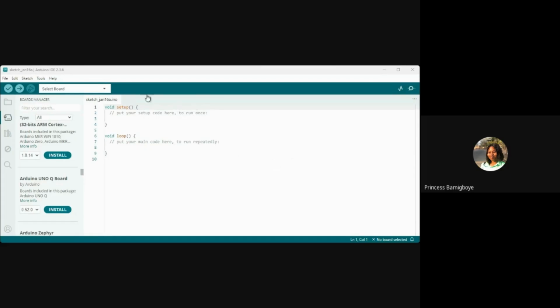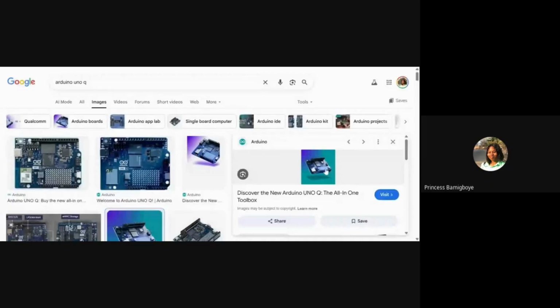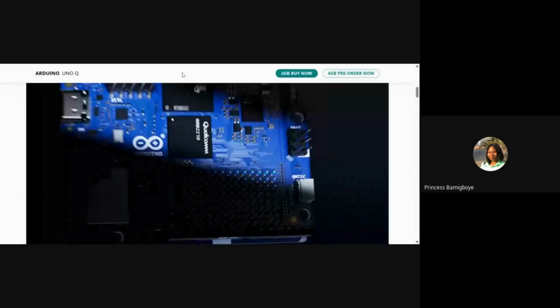Let me show you. If you follow what happens in the tech world, you would have seen it somewhere. So the Arduino Q, yeah, you can see it here.